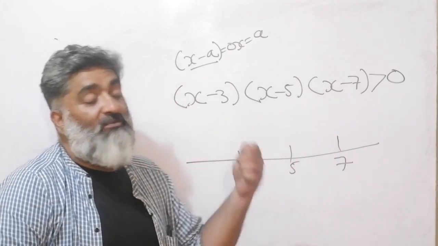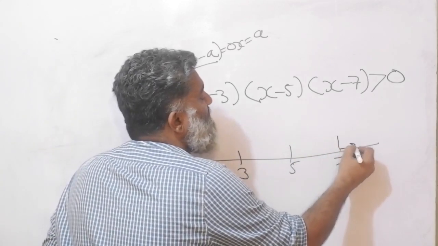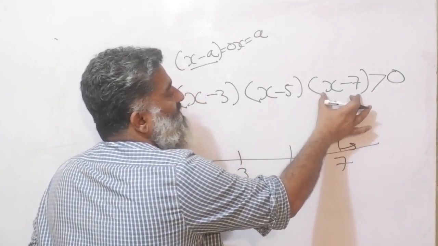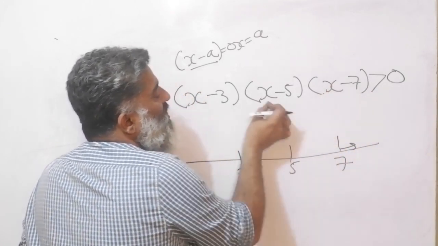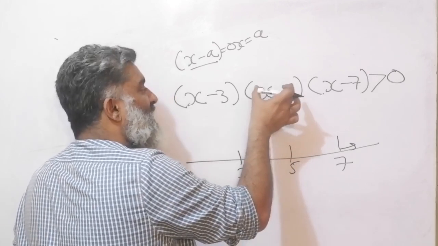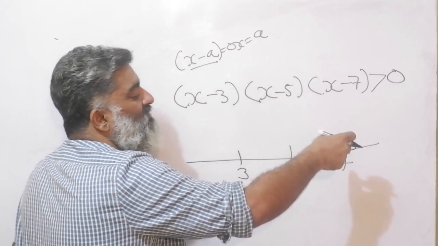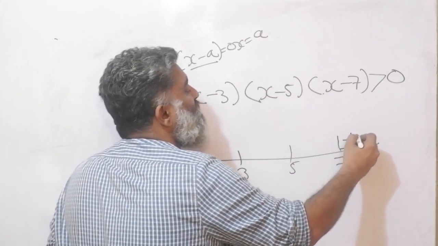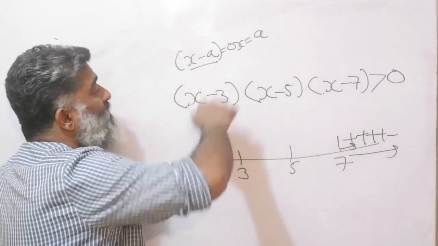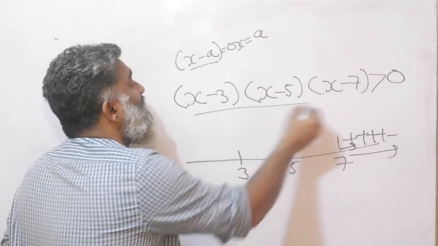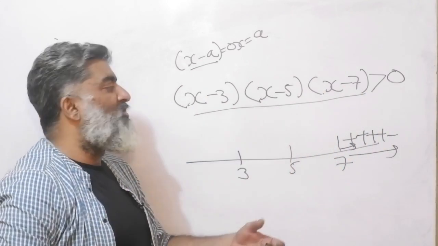And for just a second, play with the expression and observe what is happening. If I go for any point beyond 7, this will be positive because this x is greater than 7, so you will get a positive number here. Obviously greater than 5, so you will get a positive number here as well, and you will get a positive number here. Three positive numbers multiplied with each other will give you a positive, positive, positive as you keep going ahead on the number line. I'm not even thinking of how the graph of this expression would look like, though that could be a fun little side project and we'll work on that later.